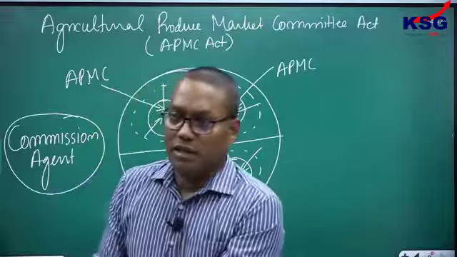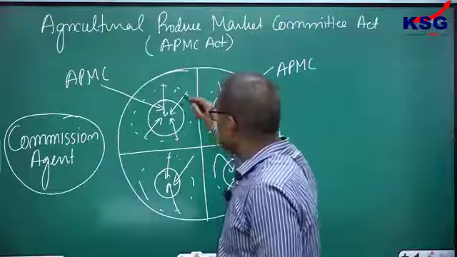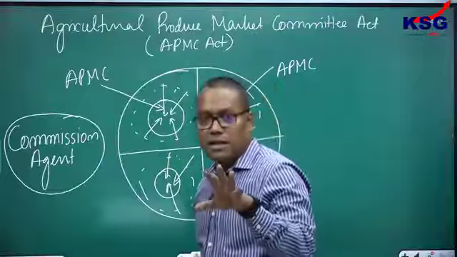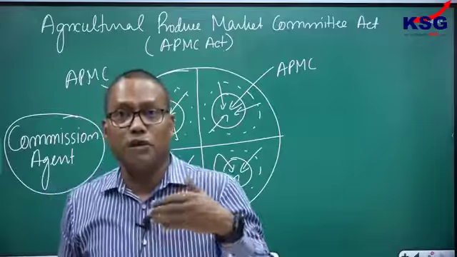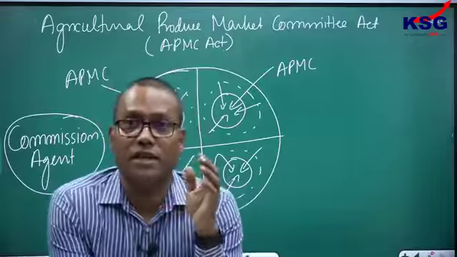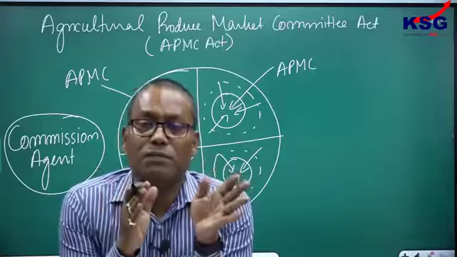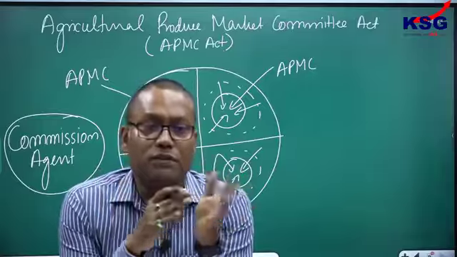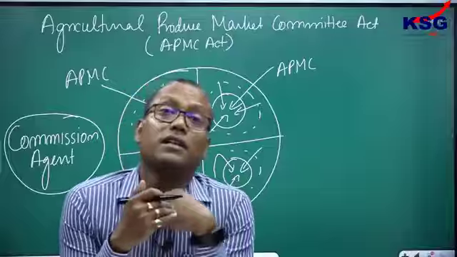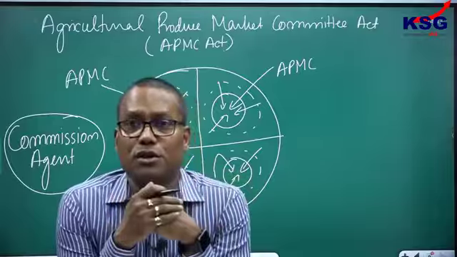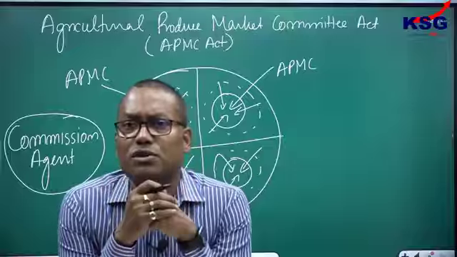And why is it allowed that these farmers can only sell in their mandis? Because this mandi is considered the local mandi for you. You are aware of the environment, you are aware of everything there. So the possibility of exploitation may be less, and from your comfort you can deal in this market instead of going to other areas for selling your produce. So basically the intention of APMC was really very good,